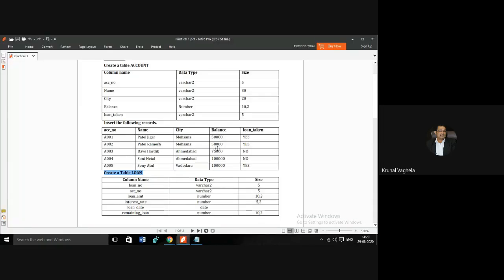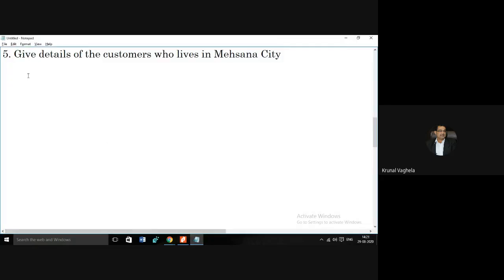They are asking about some particular rows, because I don't want every record. I want only records where my city is Mehsana. I don't want the records of customers whose city is Ahmedabad or Vadodara. I only want records for the customers who are in Mehsana city. So let me ask, select, I want every column. So again, star from account.